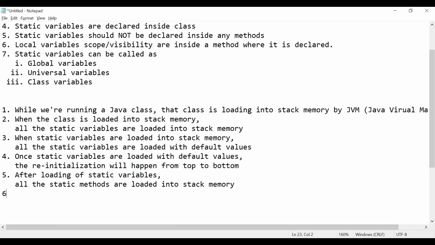What is the sixth point? Once all the static methods are loaded into stack memory, what happens? JVM.